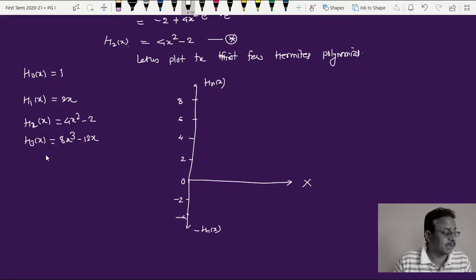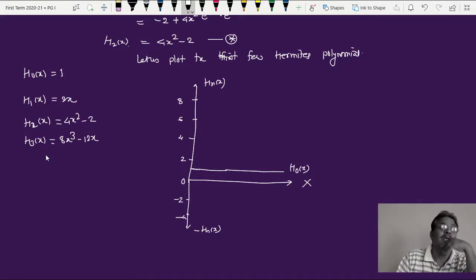Now see, the first equation was a polynomial for all values of x. You can take left hand side too, you can take right hand side too, doesn't matter, but for all values of x from 0 to infinity, this function gives me only this line. So this first polynomial, if plotted, is parallel to the x axis. This is my h0 of x. Its value is 1 for all values of x.